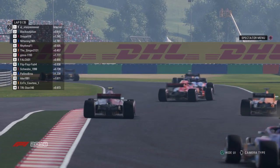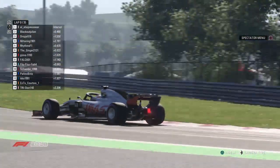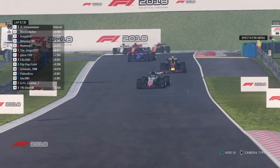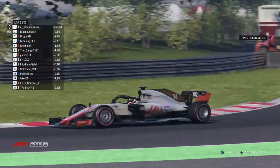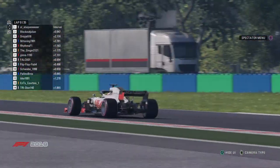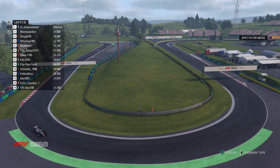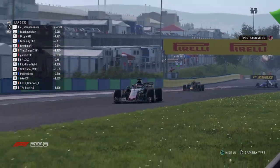Hello again, as I come back from my tiny drink break. As we see people swerving left and right to create heat in their tyres. Seems like, amazingly, our formation lap has once not become a farce. No one has actually gotten disqualified. No one has been set straight to the grid. Good to see